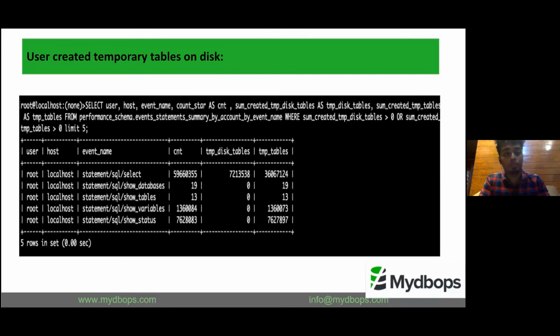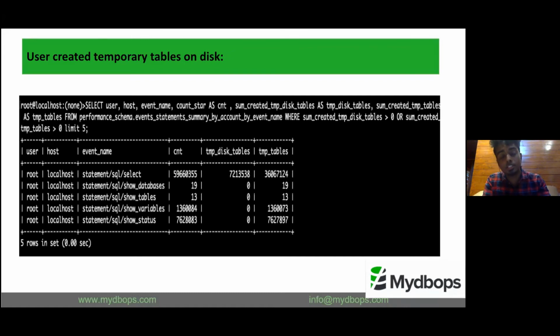The main thing about the disk, as I said earlier, is the main problem we face, and they have improved the instruments in MySQL 8. The main thing is disk storage, and the other thing is logs. We saw logs earlier; now we can see the disks. In the performance schema, there is a table called events statements summary by account.